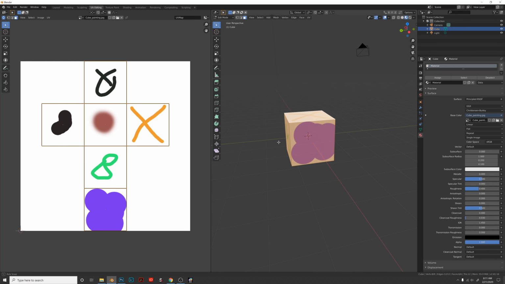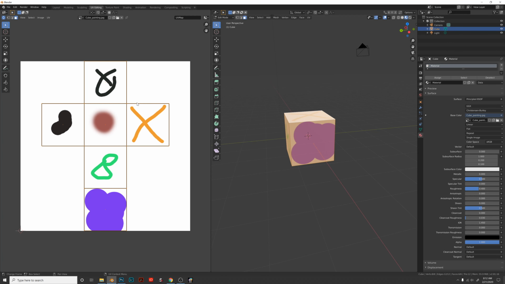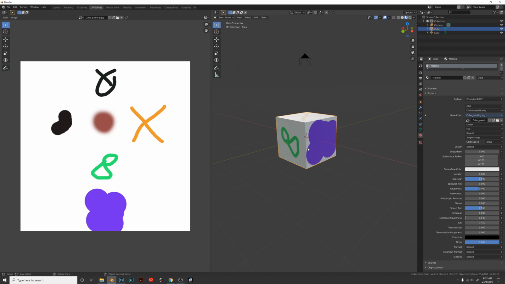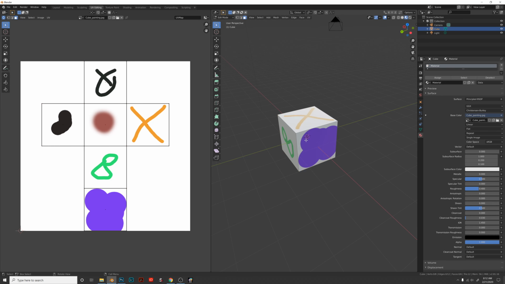Right? So if we go back to Photoshop, we'll see that it does the same thing. So you've got this thing mapped out exactly the same way as in Blender. Here you just notice that if you go to your different faces,